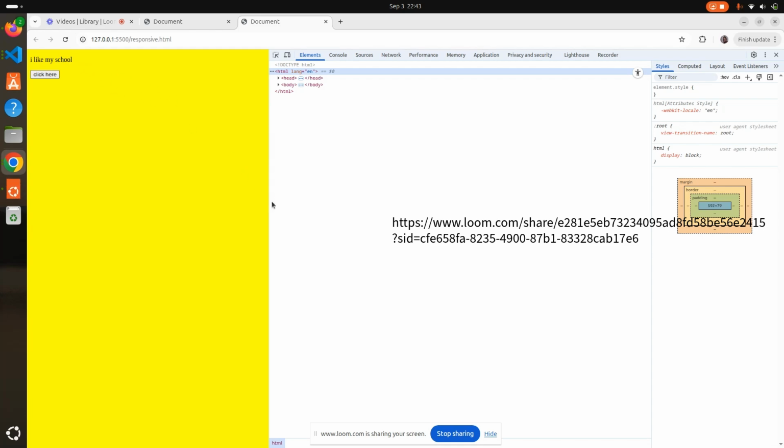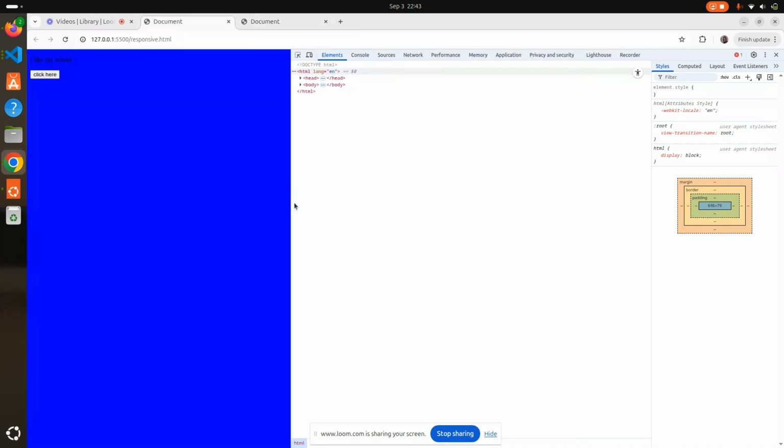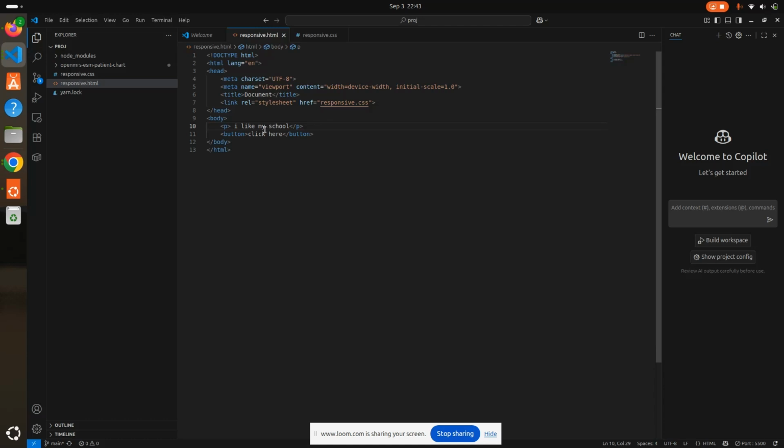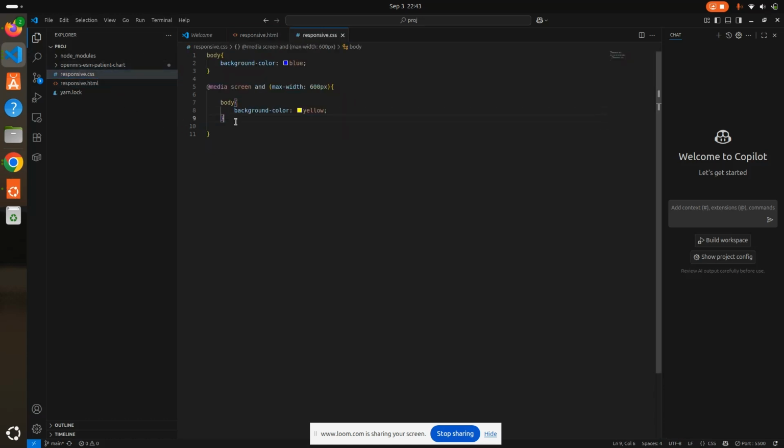So then you know that on a smaller screen, the words appear small. So what do you do? For example, I like my school is very small on a smaller screen. So how can you make it larger? You come here and you say, I like my school is a paragraph. So you come to the CSS and you type. You come here within the media query. Okay, enter. So you say maybe at 600 again, I want the paragraph,